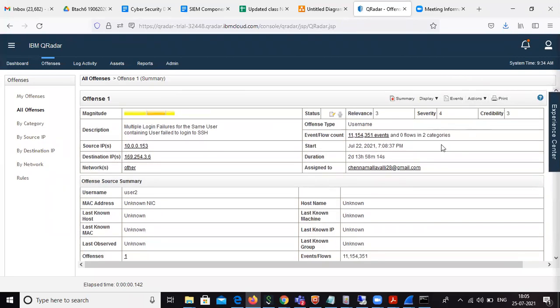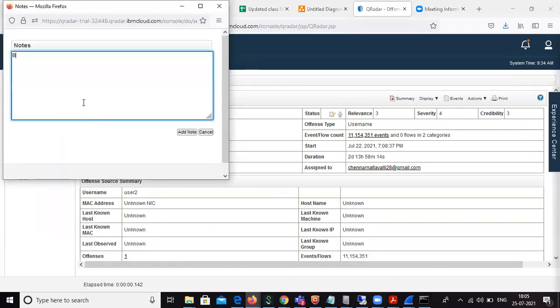Here I am showing, but all these things you have to do in the ticketing tool also. Okay. So go to add note. Based on confirmation with the end user belonging to user 2 and IP address 10.0.0.153,